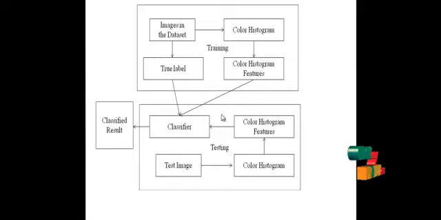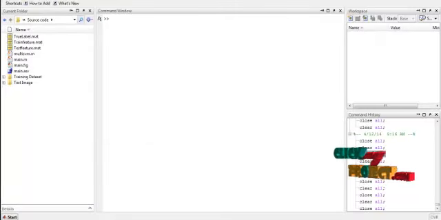Then after classification, we are measuring the performance of our classifier by calculating the accuracy. The accuracy here represents how the input image shows the correct results for the trained images. So likewise accuracy is calculated and the result is displayed. Let me discuss the process of content based color image classification using SVM.